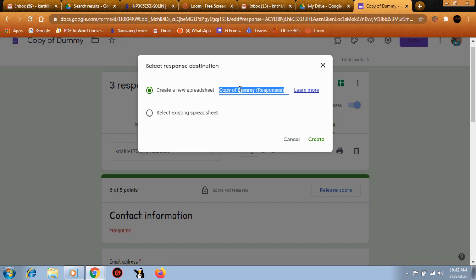You can change the name of the file over here. It is a copy of dummy responses. You can change the name to 8A marks or 8B marks or whatever it is. Now click create. Just select this option, create a new spreadsheet, change the name of the file and click on the create button.